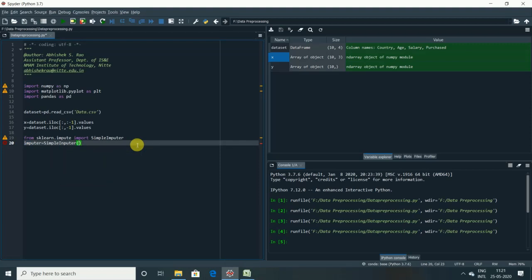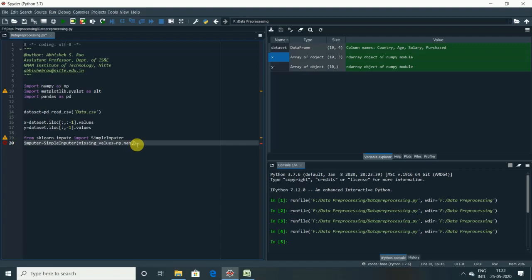Now we'll see what parameters we need to pass. That is the missing values, right? So missing_values equal to np.nan, using numpy, not a number. And the strategy we are using to fill that missing value is the mean value.